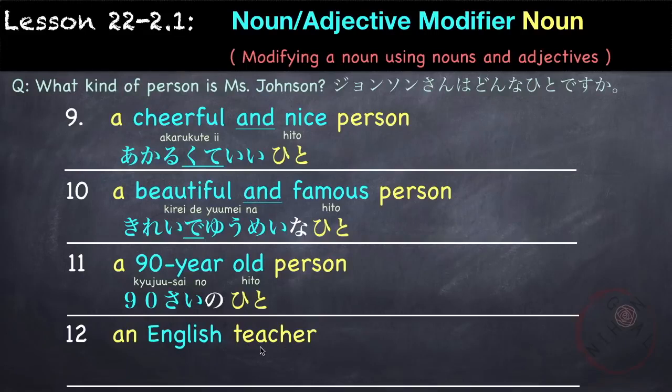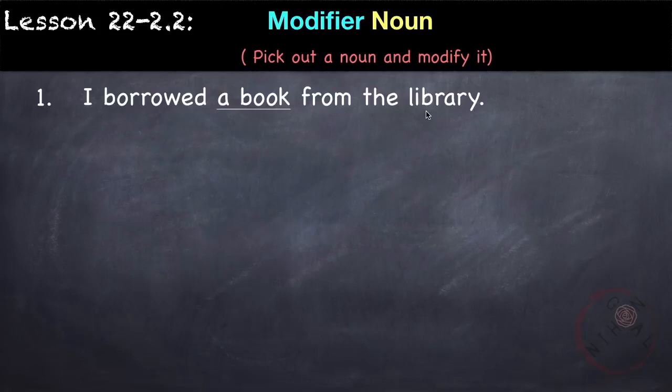So here we're describing the teacher, and we're saying that he or she is an English teacher. So we say 英語の先生。